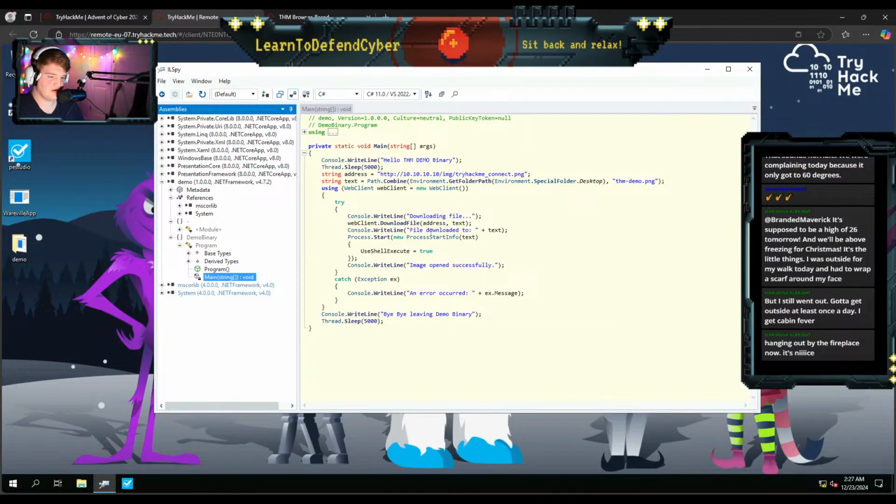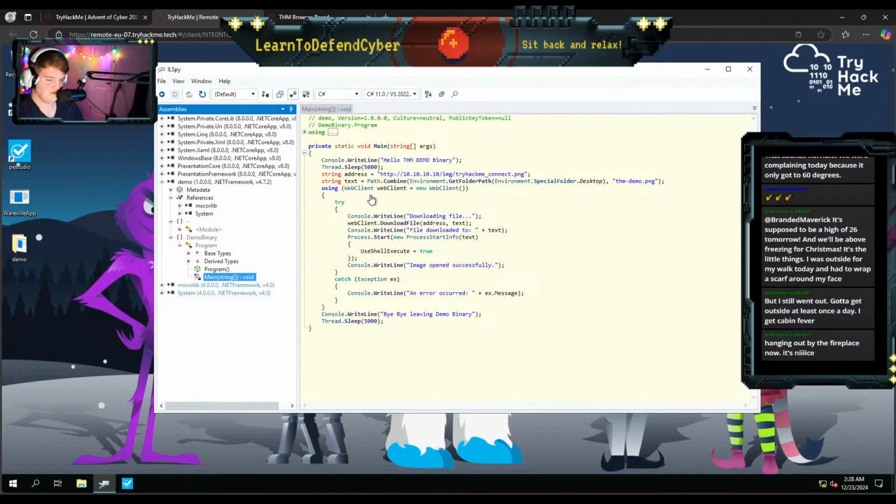Okay, so this is where some coding knowledge can come in handy. It writes a line to the console saying hello THM demo binary. Then it goes to sleep using the same thread. Gives us an address to that tryhackmeconnect.png. Path combine environment get folder path environment special folder desktop. I assume that it's going to try and grab that PNG.